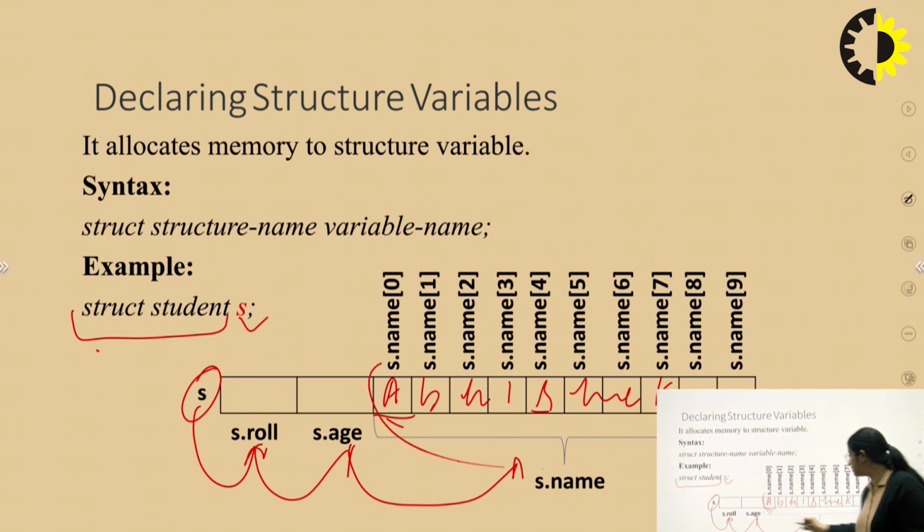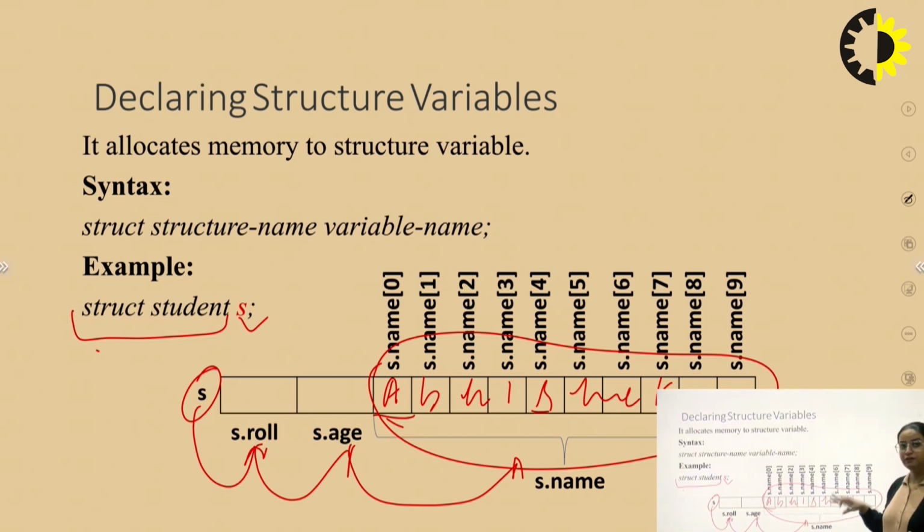This is the initialization of an array. How can we initialize values in an array? Likewise, this is the initialization. You can easily see the difference between an array and a structure. An array is responsible for storing only names, only the integer type, or only the float type. But in a structure, with the help of this single variable S, we are storing the roll number as well as the age as well as the name. This is the representation of your structure variable in memory.